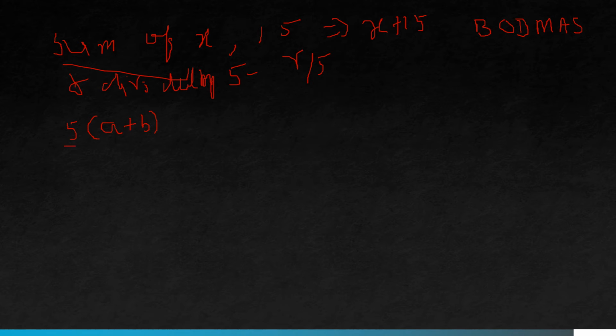So I have written this expression 5(a plus b). And now how can we solve this equation? As I mentioned, parenthesis means the multiplication. We have to multiply 5 to a, and 5 to b. So how can we write this? 5a, right, plus 5b. So what we have done is we have multiplied 5 with a, then plus sign, then 5 multiplied by b. This is how you can solve it.